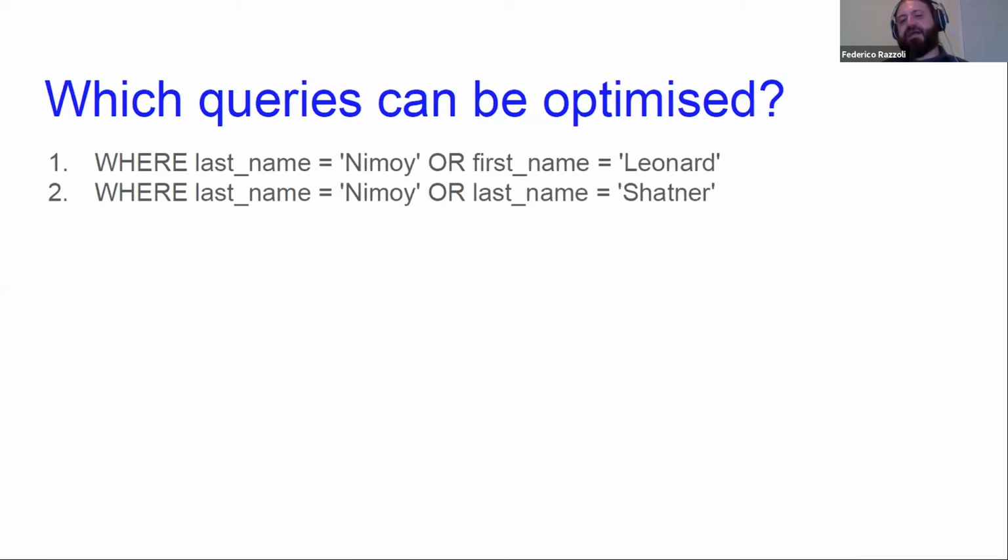If MySQL thinks that there are not many rows to find for each condition, so there are not many Nimoys and not many Leonards, in that case, Ruth, you are true, we could have two separate indexes, one on last name and one on first name, and MySQL will use both. But to be honest,